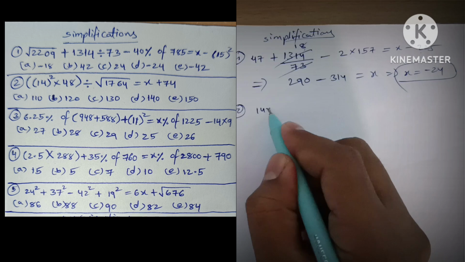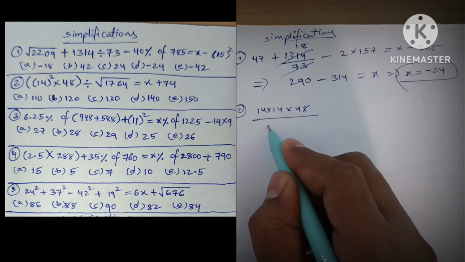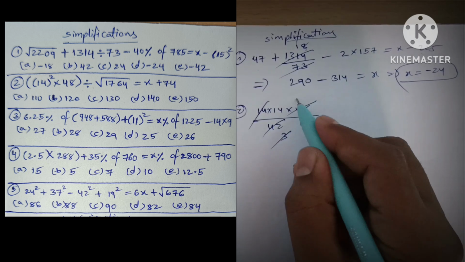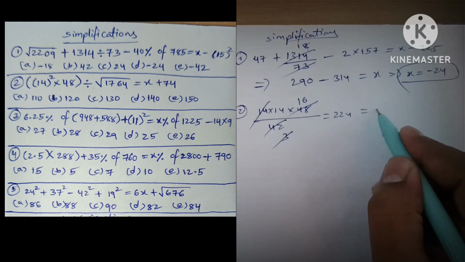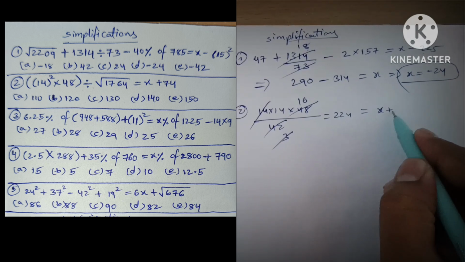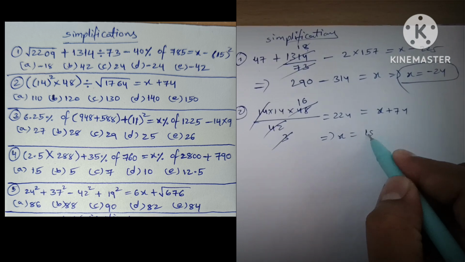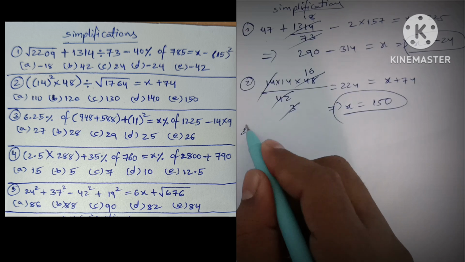14 into 14 into 48 divided by square root of 1764 which is 42. 14 3 times, 3 16 times. This is 224. Total equals to x plus 74. Therefore x equals to 150. This is second one. Third one,